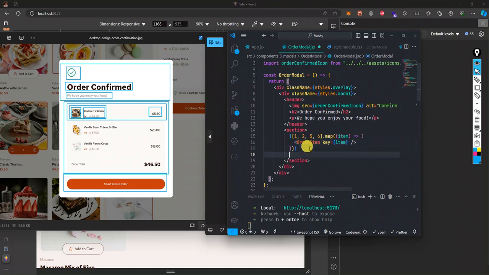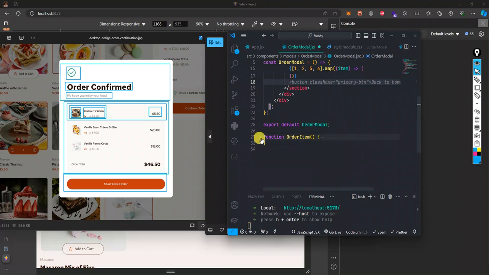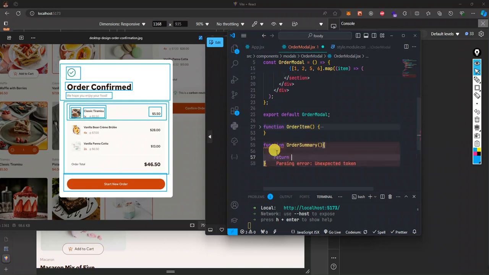Then after it's done rendering the stuff, we need to show our order total. So here we need, don't forget, when it's done with each one of these lists, we need this order total with the value. And if I want this one too, let's create a component for it so that we don't jam pack things together. So we're going to write function OrderSummary like this. That's what I'm going to call it; I can call it anything we want. So return. It's going to be a div, and again this one too will follow that same name. So styles.orderSummary, and then